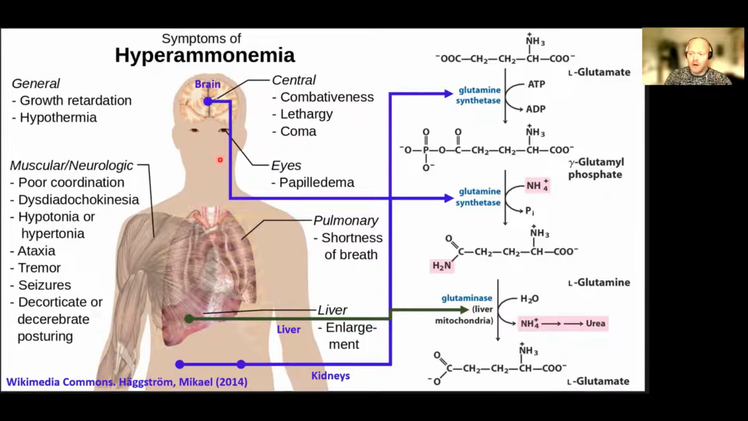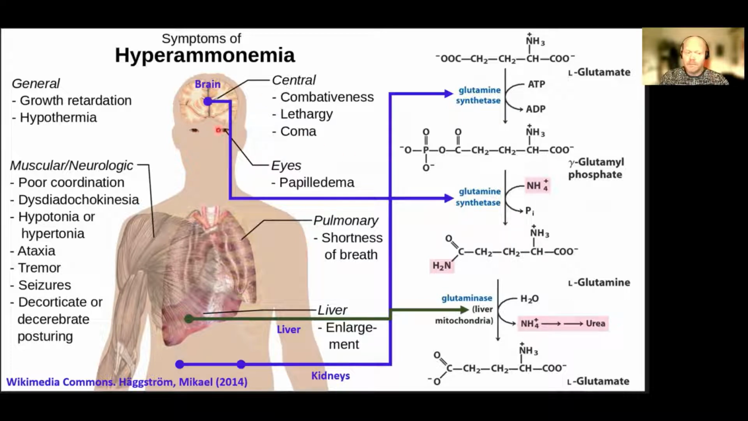Now, hyperammonemia may be caused by a defective liver, but it can also be caused by defective enzymes. For what else is handling this potential hazard? Yeah, that's enzymes. There are several enzymes tasked with removing ammonia in the form of ammonium ions. One enzyme is glutamine synthase,